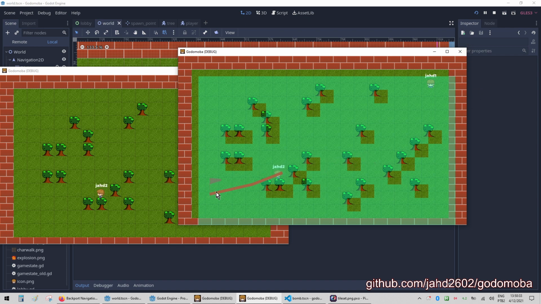This is pretty cool. This is very, very cool. We have the navigation working. Okay,